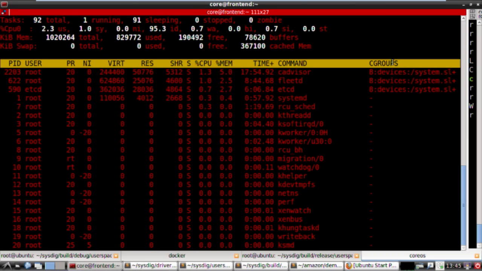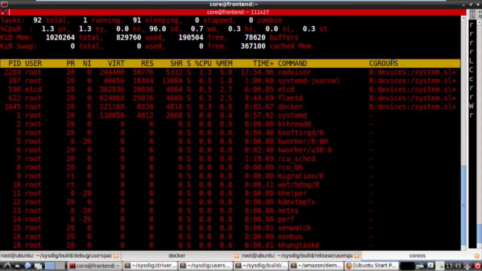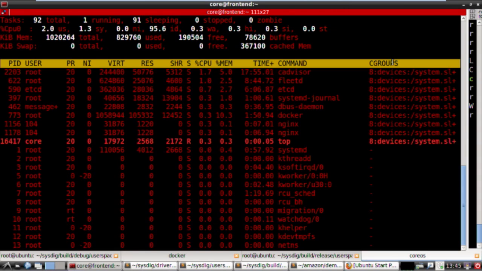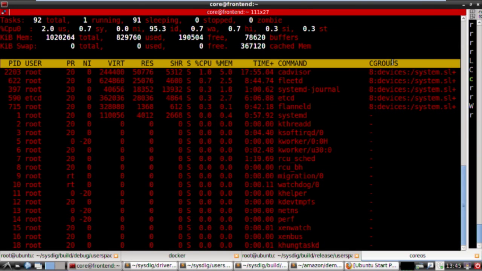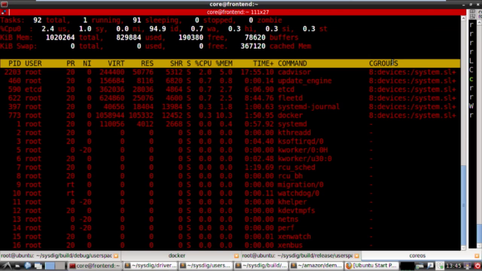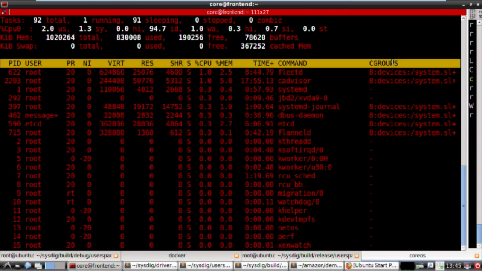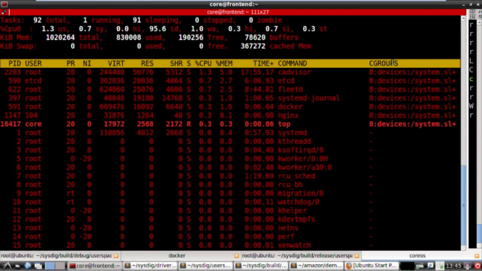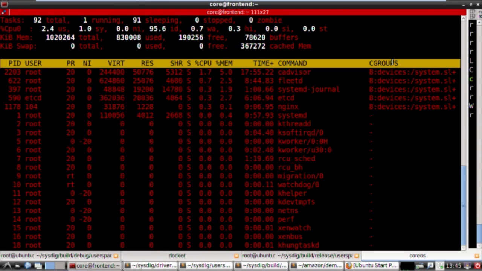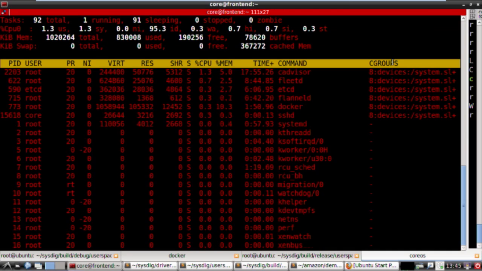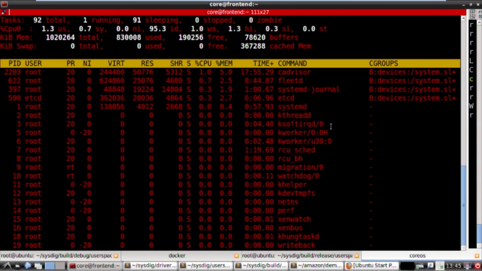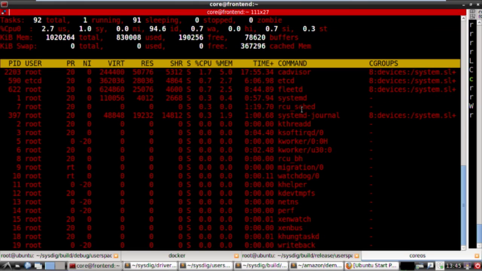This gives me at least an indication if the process is running inside or outside the container, because processes running inside the container are just regular processes running on the machine, just running in their own specific namespace and using essentially their cgroups for resource isolation. So at least top now is telling me quite clearly what's running inside or outside the container,